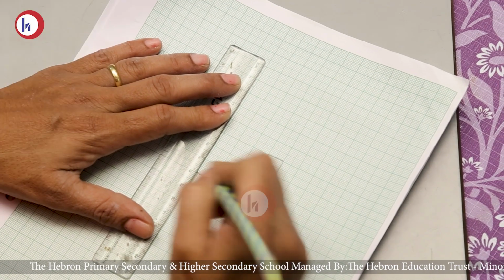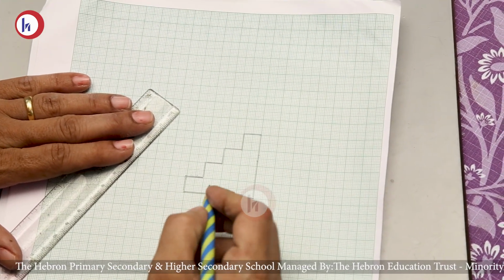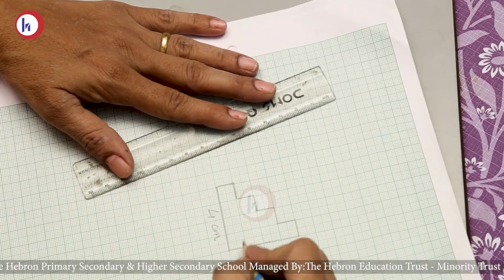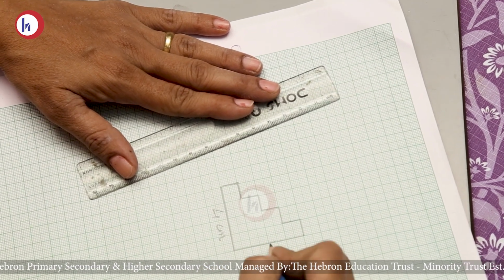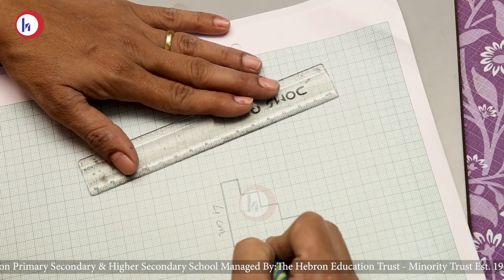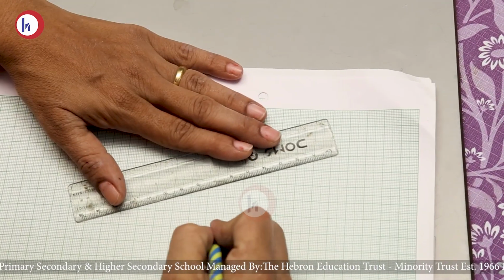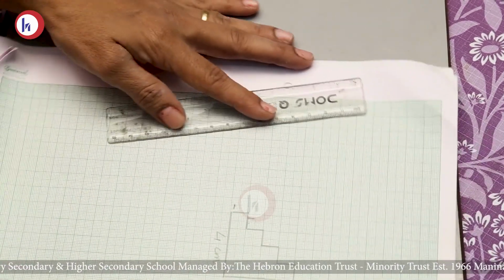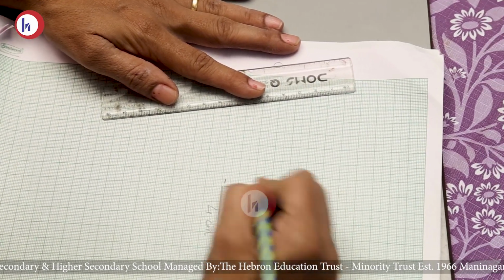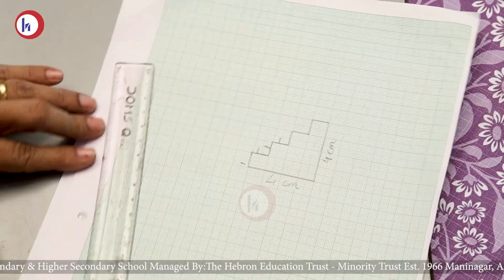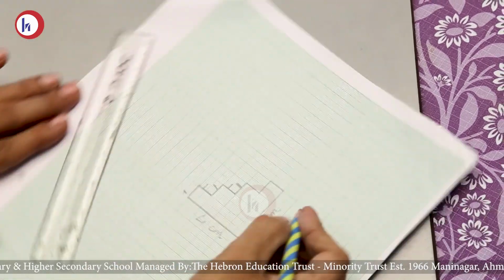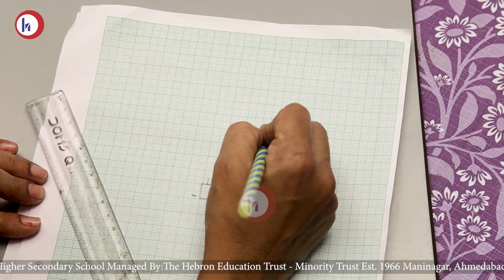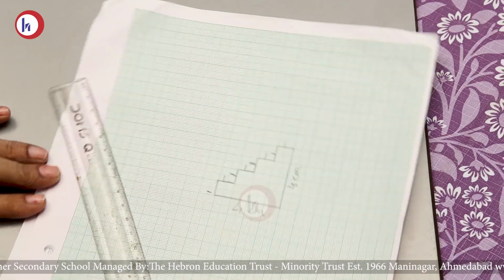See. Okay. Here 4 square. That means 4 centimeter. So here I will write 4 centimeter. Here also see 1, 2, 3, 4. 4 box. That means 4 centimeter. Look at here. This is 1 centimeter. Then here it is also 1. So write here 1. Here also it is 1. You can write 1. Here also it is 1. Here also 1. Here you will not write centimeter because we have no space.